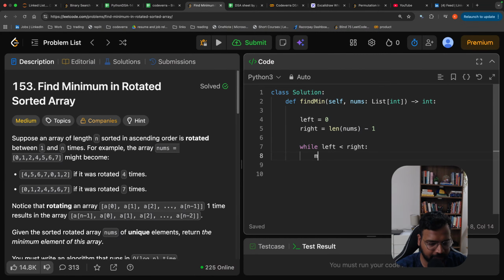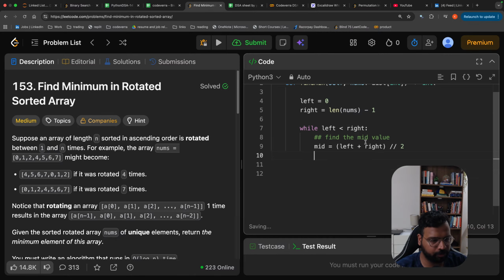And I will calculate the mid value. So mid value is going to be left plus right, floor division by 2. And then I'll say if my nums of mid is greater than right,